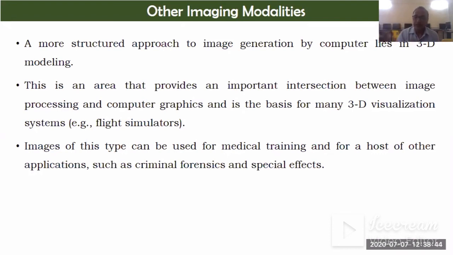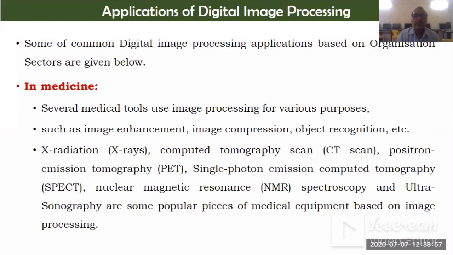The particular training will take place. So this is one of the examples. It means computer systems are used to generate different types of images. It may be a 2D image and it may be a 3D image. So these are the imagery. So here the basic